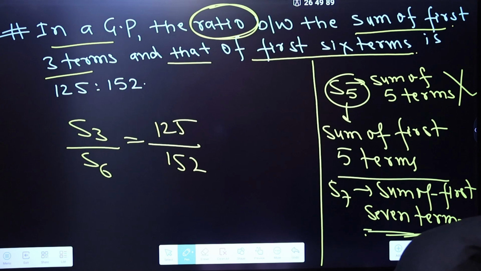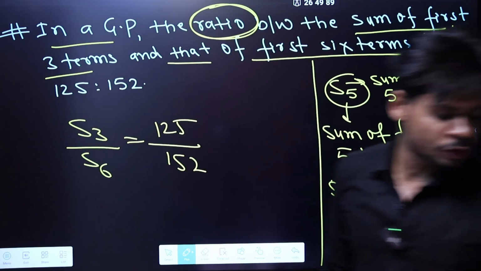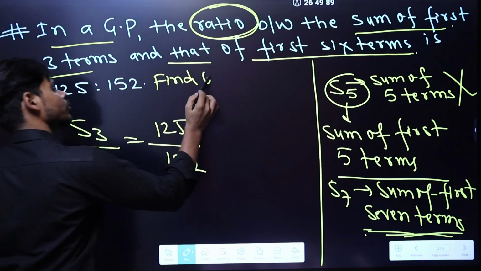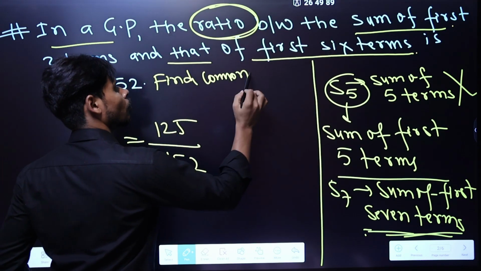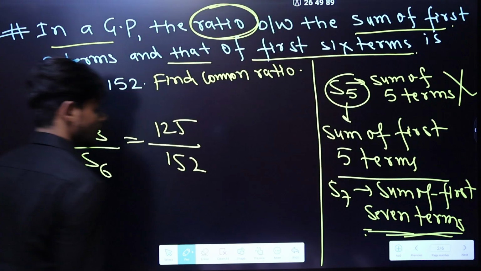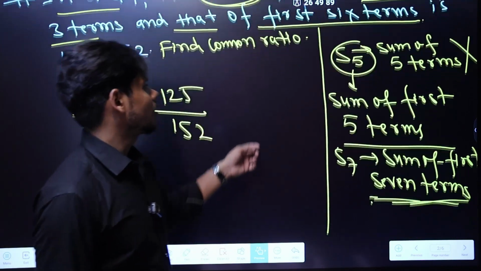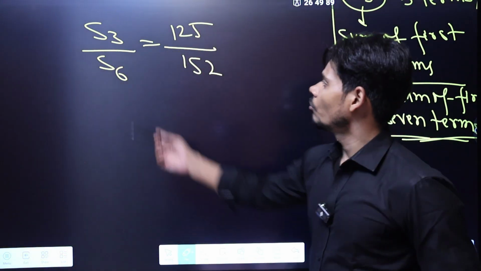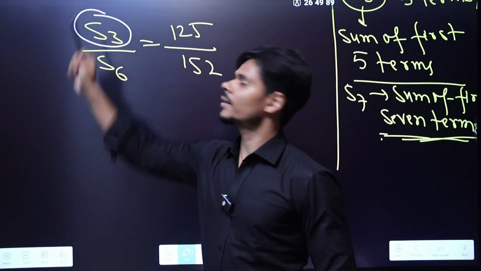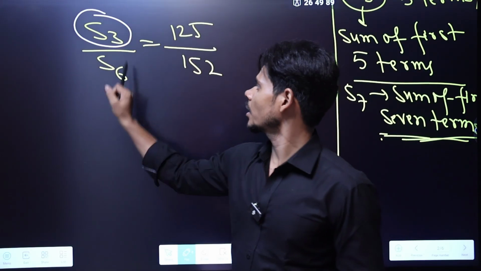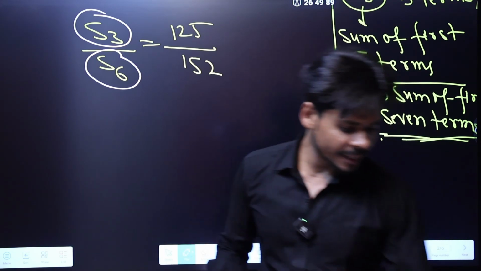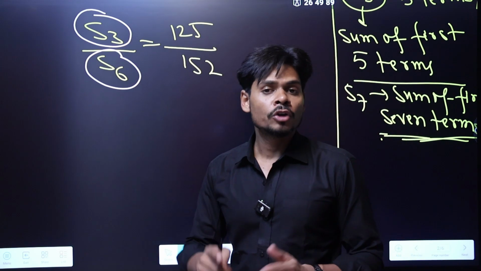Where is this question? Yes, find the common ratio. We need to find R. This question was incomplete, by the way. Okay, fine. According to the given information, what can we do? Just analyze it. We can expand according to the summation formula, this thing and also this thing. Let's expand. By the way, you don't know whether R is greater than 1 or less than 1. So what are you going to do?